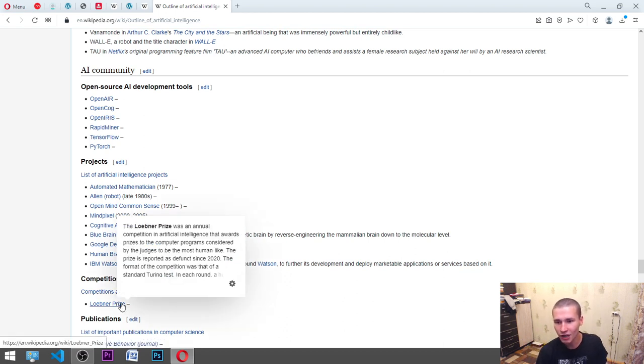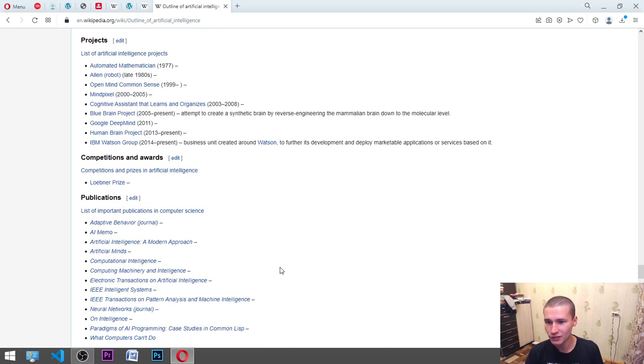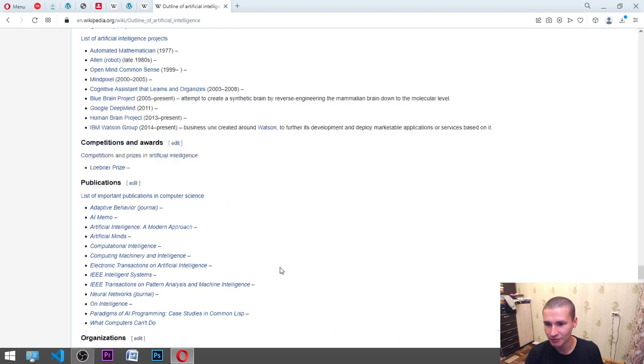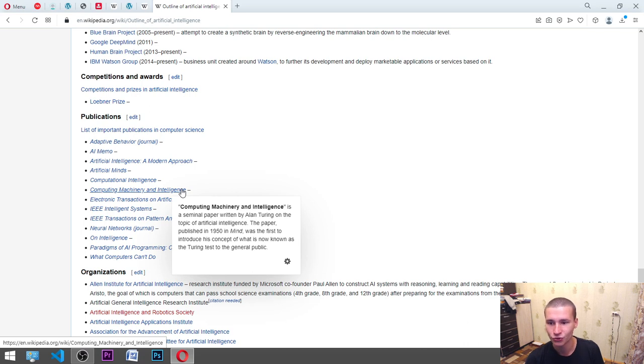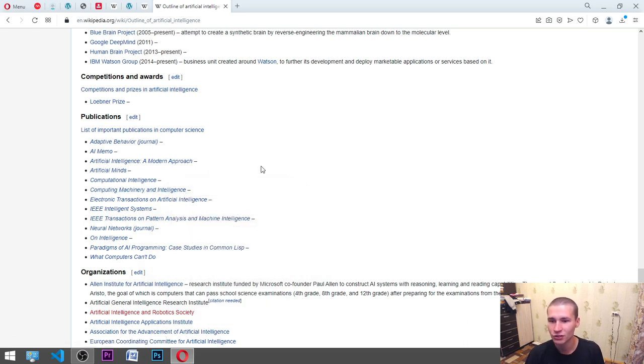intelligence. Okay, the Loebner Prize was an annual competition in artificial intelligence that awards prizes to the computer programs considered by the judges to be the most human-like. Wow. Publications, list of important publications in computer science, Adaptive Behavior journal, AI Memo, Artificial Intelligence: A Modern Approach, Artificial Minds, Computational Intelligence, Computing Machinery and Intelligence, I think it's so, yes, Alan Turing, I have one of this, Electronic Transactions on Artificial Intelligence, IEEE Intelligent Systems, IEEE Transactions on Pattern Analysis and Machine Intelligence, Neural Networks, Journal of Artificial Intelligence, Paradigms